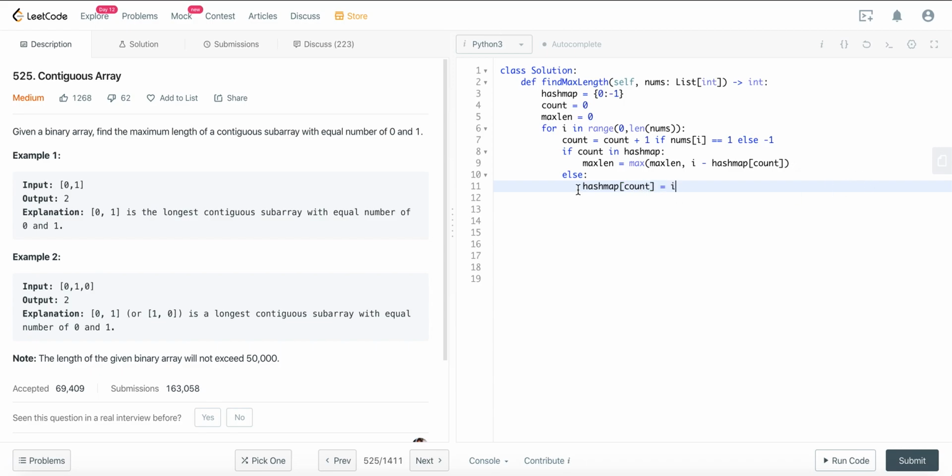So if that is the first time we encountered a particular count value, then for that corresponding count value, I'm pushing the index value. And as I'm updating my max length every time, we will get our max length. And finally,